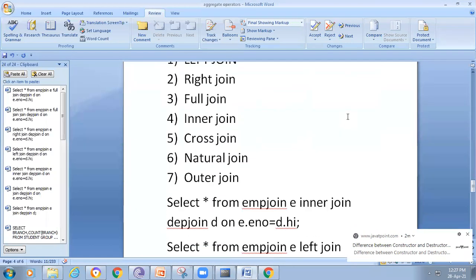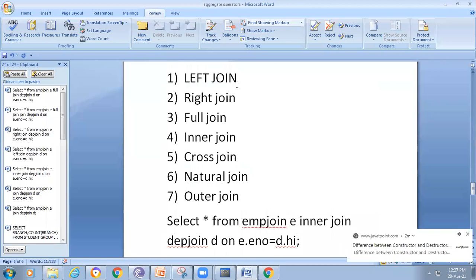If you observe here, left join is there, right join is there. The next one is the full join, next one inner join. Sorry, another one is the cross join and natural join.